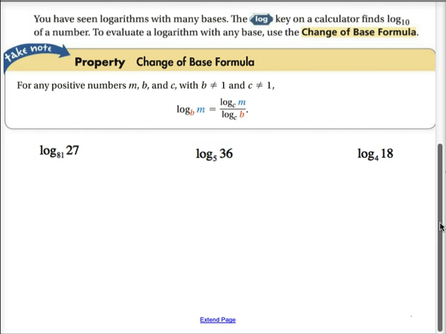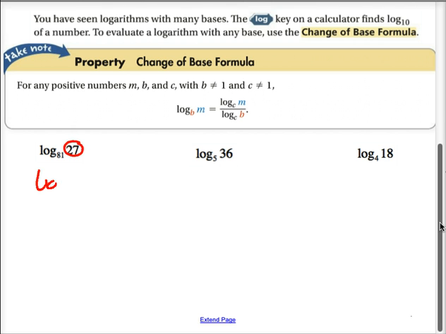All right, so now the formula actually looks a little bit more complicated than it is. It's the change of base formula. This is how we can use the calculator to calculate any logarithm for us. You've probably been wondering, well, can we even use our calculator for these? Well, yes, you can. And the change of base formula is our way of using the calculator, because not all of these are going to turn out to be nice numbers. By using the change of base, this is how we can type it into the calculator in order for us to solve these. And the way you do that is for every one of them, you take